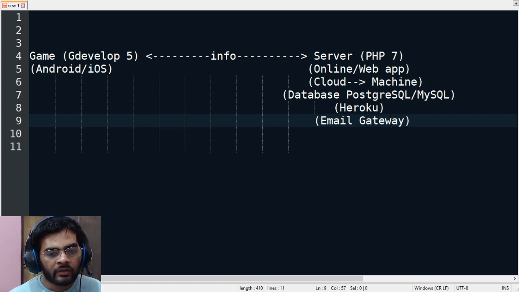And free tier means that, in a limited way, for a limited ability, you can use their service for free. I mean, your server should not run for more than a specified number of hours every month, right? If it does not run more than a certain number of hours, then it will be free.